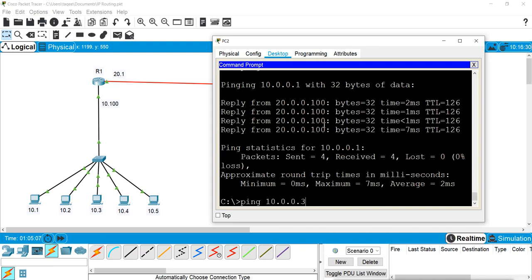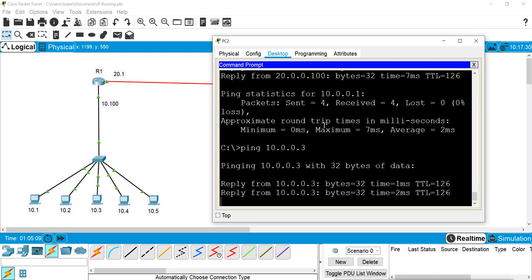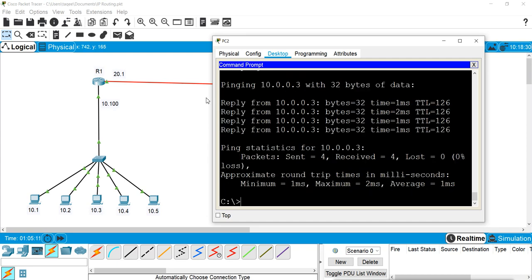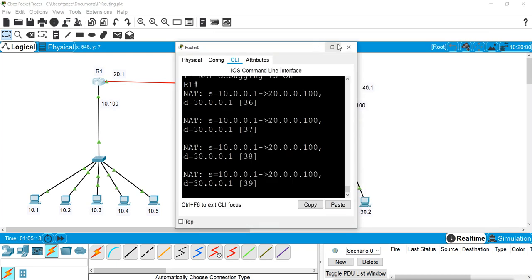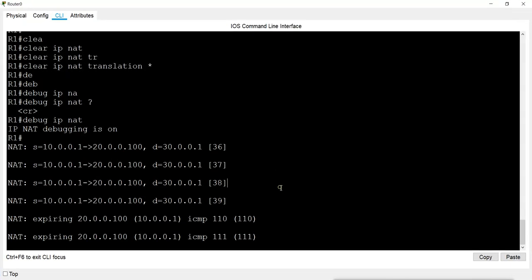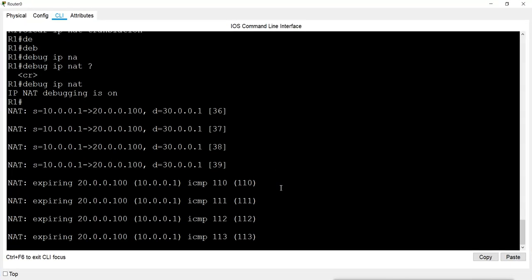Now it is not doing translation. When I check this router again for debugging, we see something other than translation. It is showing expiring this.